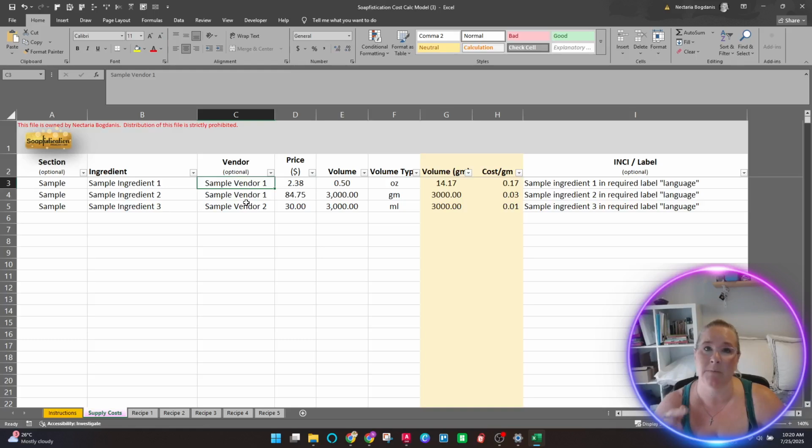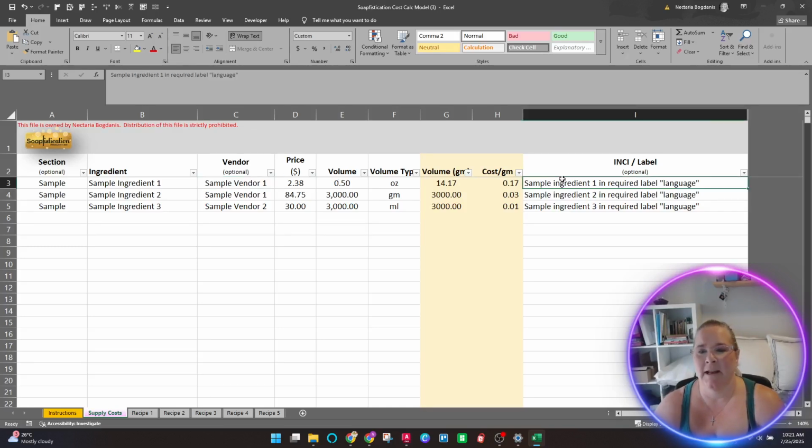Vendor I like to use because let's say I get olive oil from a vendor, and then from Costco, and then I'm like, oh, I ran out of olive oil, and I purchase it from a vendor, so I get it from New Directions. There's going to be different pricing for that. So I want to indicate that separately and use the different pricing in my file. The other nice thing about this is you could technically even use this sheet because it tells you the cost per gram. You can use this sheet to compare pricing to see what's your best option. Okay? And I'll show you that in a moment.